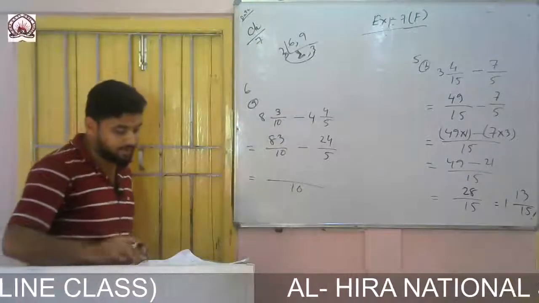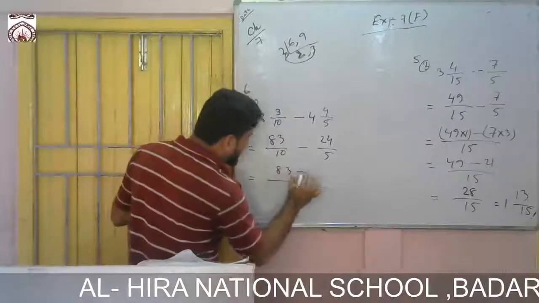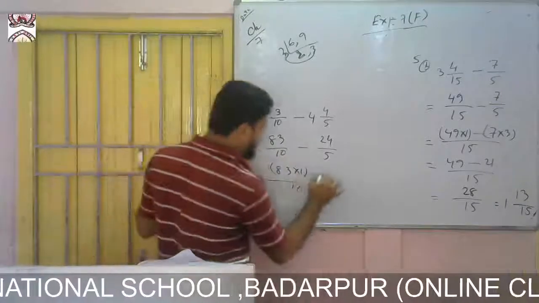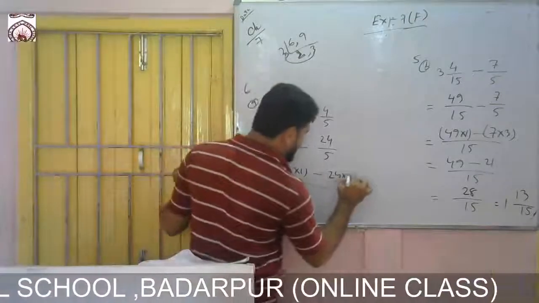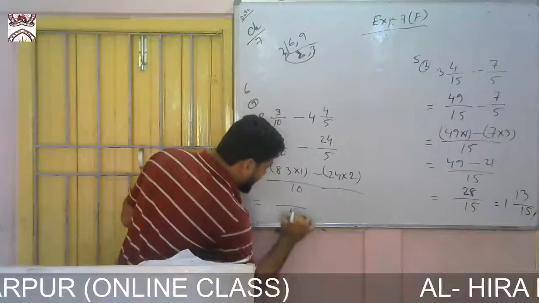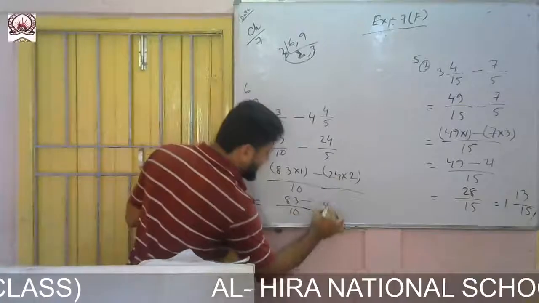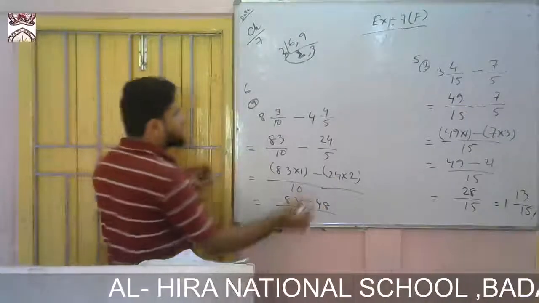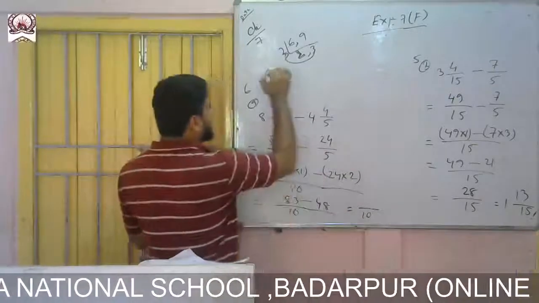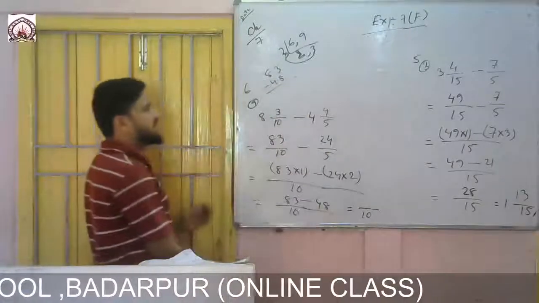Now if I take the LCM of 10 and 5, they are divisible, so 10 will be their LCM. Now divide: it will be 83 into 1, because 10 1s are 10, and 24 into 2. So it will be 83 minus 4 2s are 8, 2 2s are 4, 48. So write 10, and 83 and 48. If you subtract,